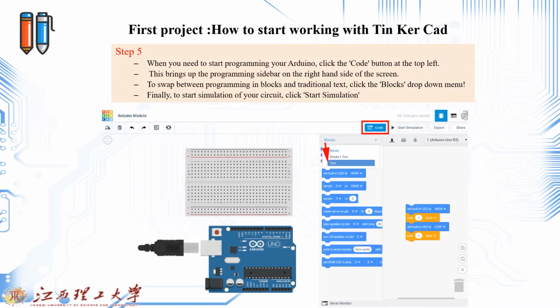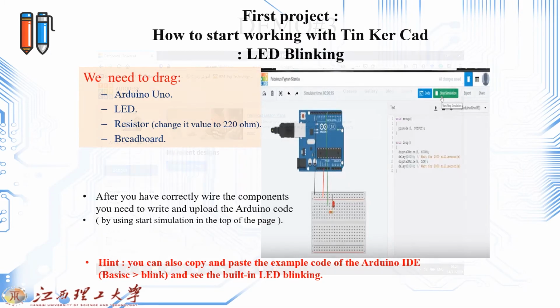When you select some programmable component, something like Arduino, then this coding part will be open for you. And with this part, you can do the coding. Finally, to start the simulation, you can start your simulation part. As I said, we are not doing the blocks, we are using the text part because it may be better for the university level. And now let us see, suppose I want to repeat the famous LED blink